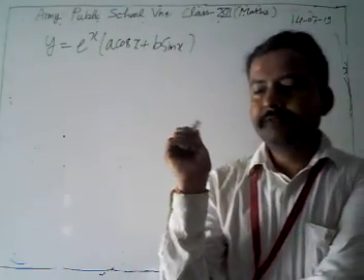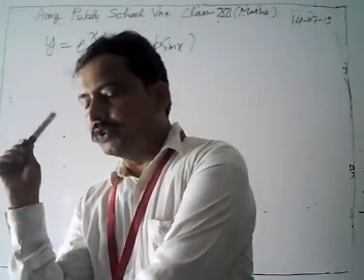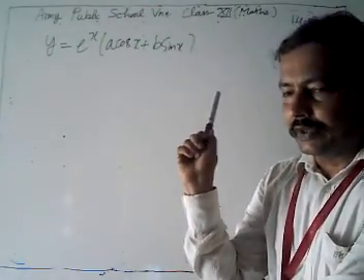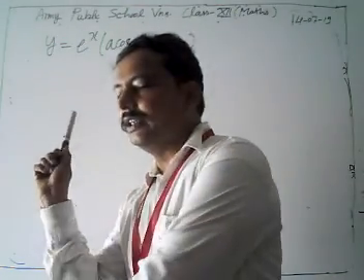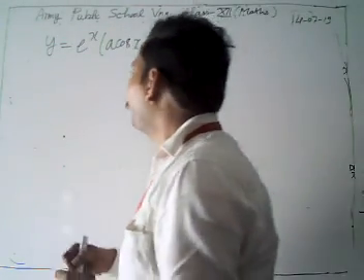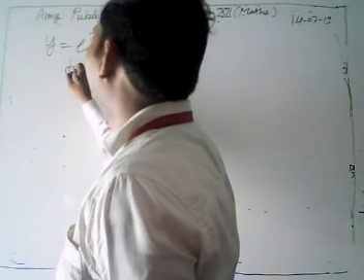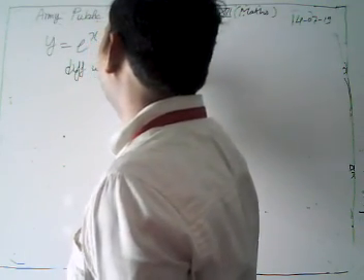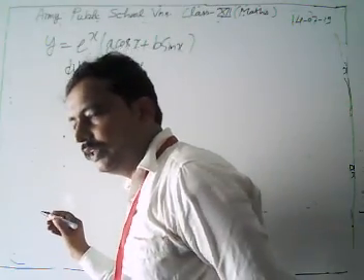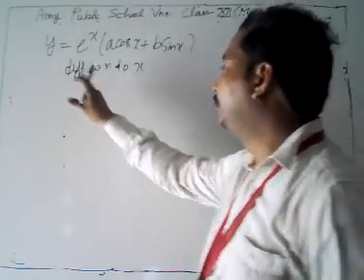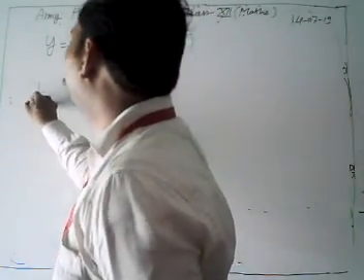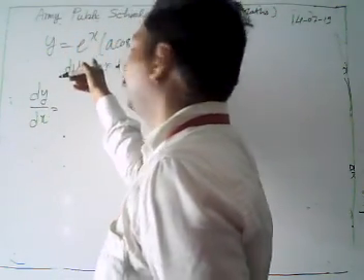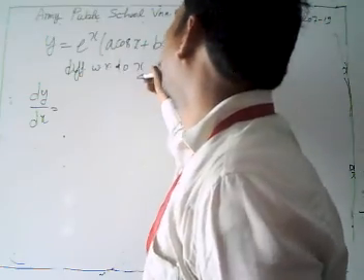Look, again there are two parameters, two arbitrary constants a and b. Then to form this differential equation, what do we have to do? We have to differentiate two times, starting with the first differentiation with respect to x. Then dy/dx is equal to, look, a product of e to power x and (a cos x plus b sin x).